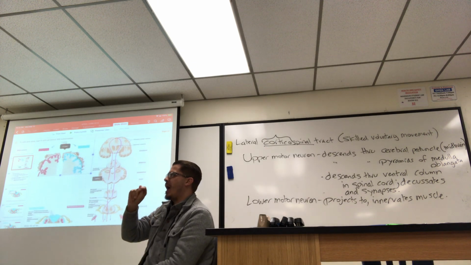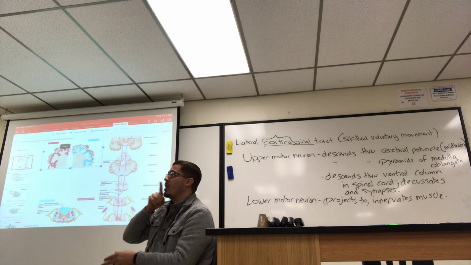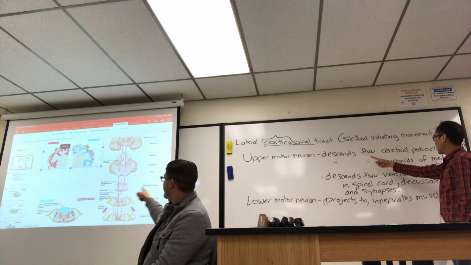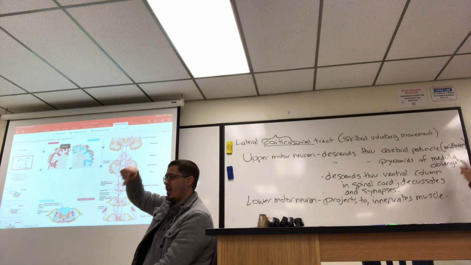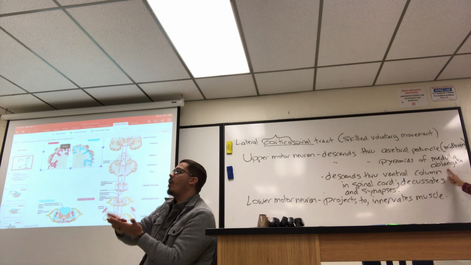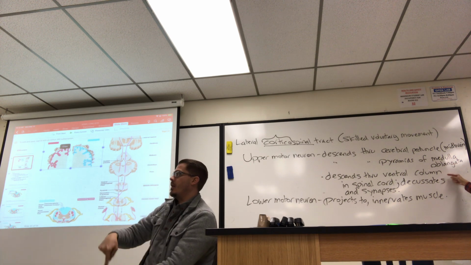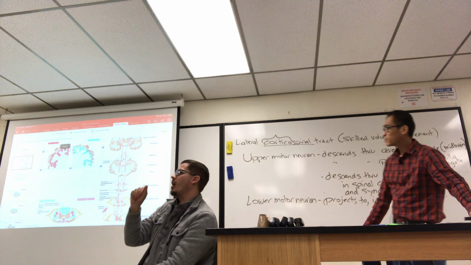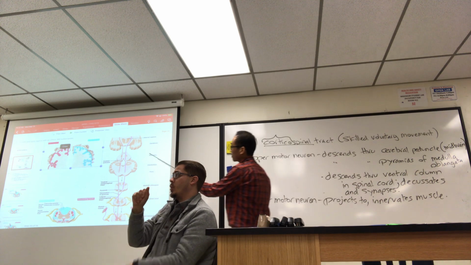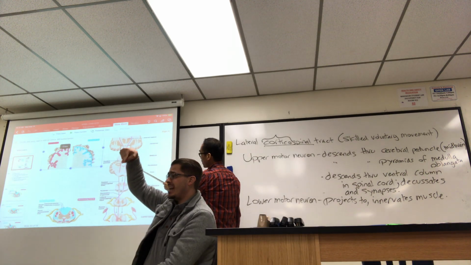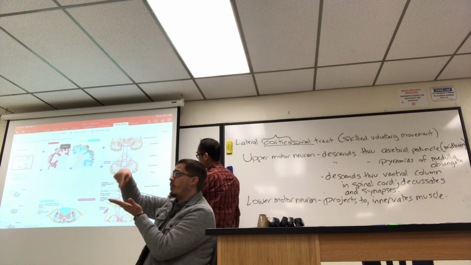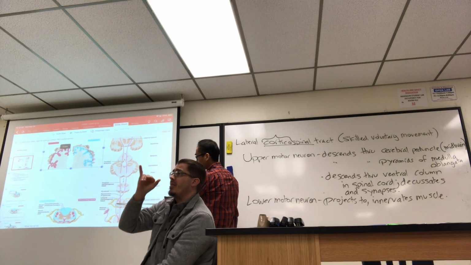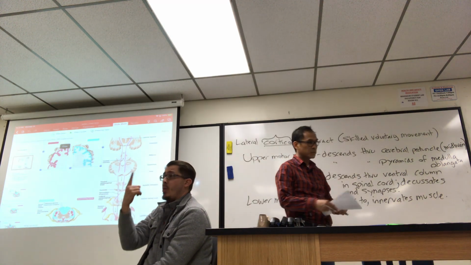So this pathway is really the same. The only difference is this is all the same. It descends through all these things. But when it gets to the medulla, it doesn't descend ipsilaterally. It decussates at the medulla. So let me show that to you. It's the purple line. It's descending, and when it gets all the way down to the medulla, it crosses over right there. That's the only difference. So what I'm going to do is